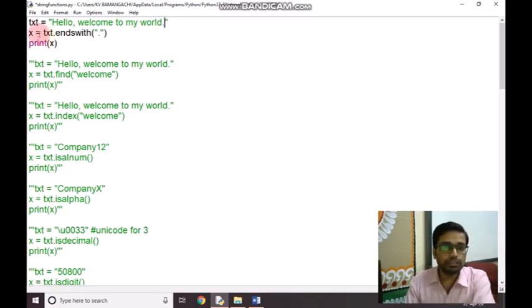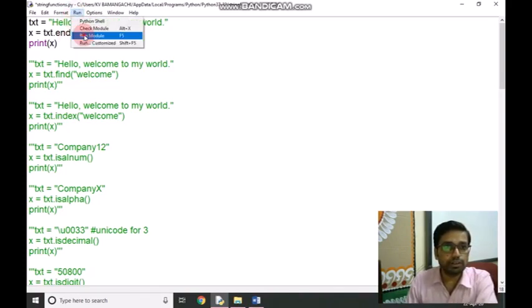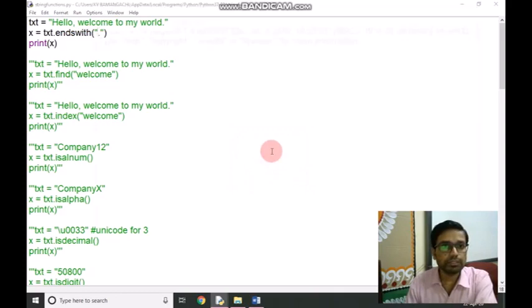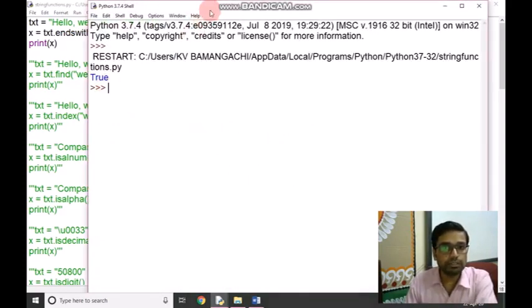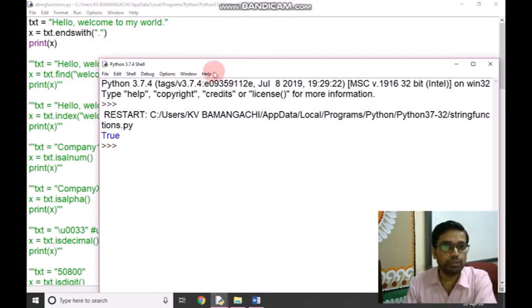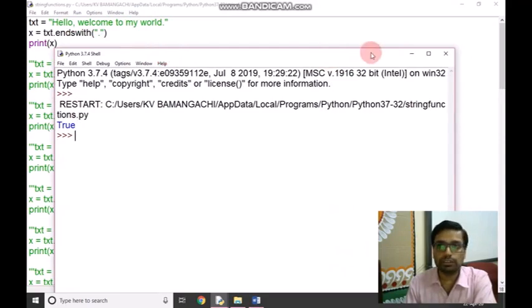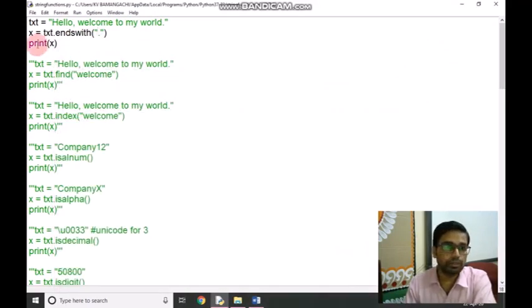We have given x equal to txt.endswith, and we have given a dot within inverted commas in the function. So what is the output? Here we are looking, it is giving a true value. True value means this string ends with a dot or full stop.